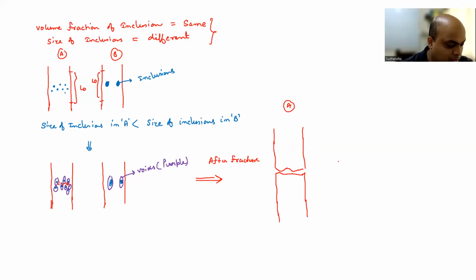Now if I draw B, here you are going to see again link up between these two voids. But since the distance between both the voids is larger, the link up is going to be delayed, right? And there will be larger voids also. So remember here, the void size is smaller, the number of voids is larger, they are going to grow and link up, right? After they link up, they are going to form dimples, isn't it? We have discussed this in the last lecture. So the dimple size here is going to be smaller